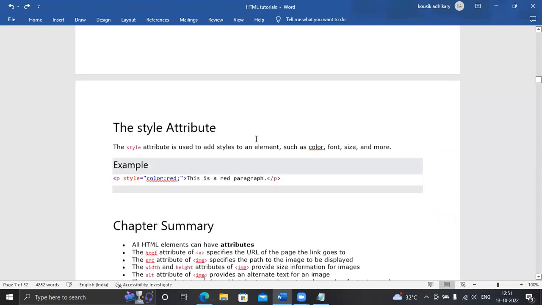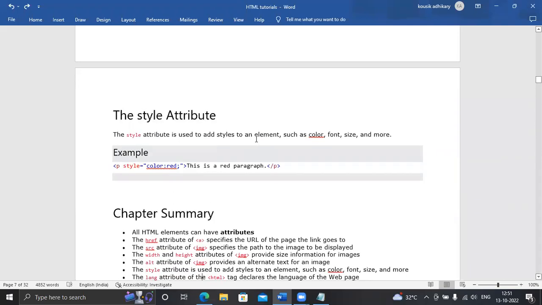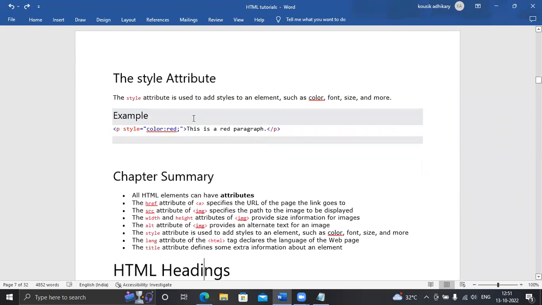The style attribute. The style attribute is used to add style to an element such as color, font size, and more. For example, paragraph tag, style equals to color red. This is the red paragraph.